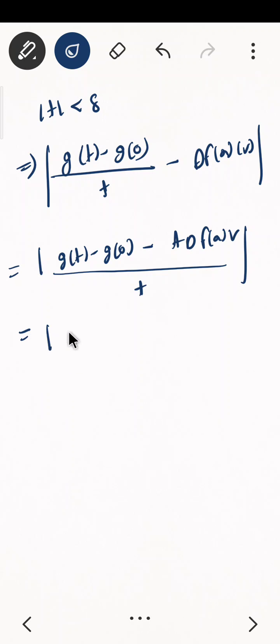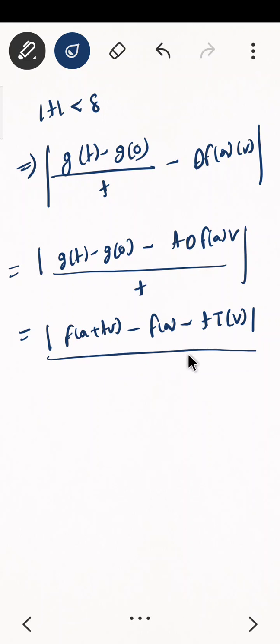G of t is f of a plus tv minus f of a minus, what is this? This is t times df of a at v. Since it is a linear transformation, I can take t inside, and this is mod t. Correct. What I do now, I multiply and divide by norm v on both sides. Norm v multiplied by norm v. Correct. So what I will be having,